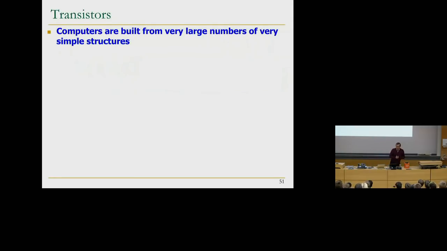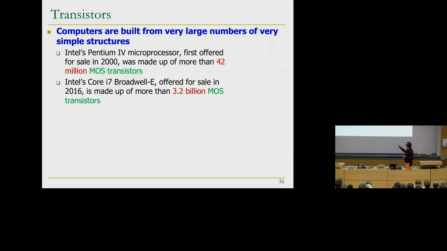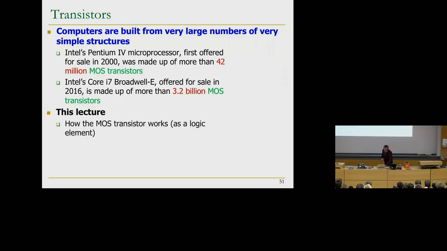Essentially, computers are built from very large numbers of simple structures called transistors. And if you look at this number over here, it's very big. In 2000, Pentium 4, the flagship processor of Intel at its time, had 42 million transistors. In 2016, another flagship processor had 3.2 billion transistors. MOS, I'll define a little bit, stands for metal oxide semiconductor, which is what the transistor is composed of. And this lecture basically talks about how the MOS transistor works. We're going to cover this right now